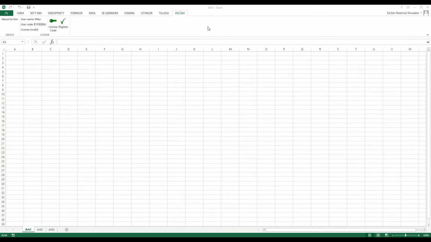So when you install ExcSim and open Excel, at the very top of the menus here you'll see an ExcSim tab. And the first time there won't be much there. You'll have some information about your license, your name, and the user code that has been assigned to you. It's unique to you. The first thing you need to do is to register